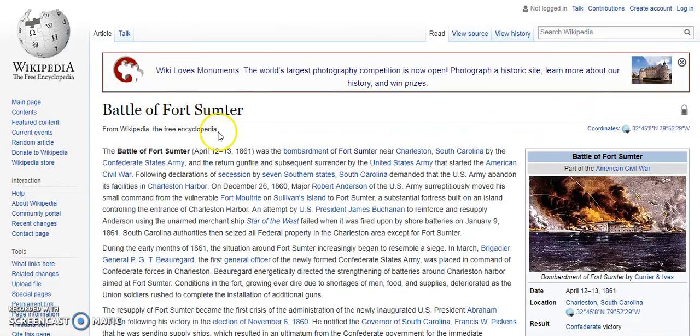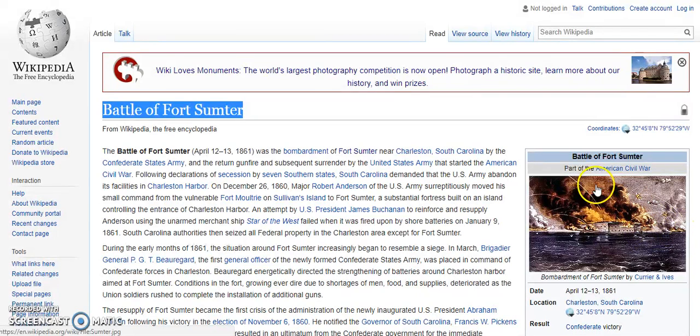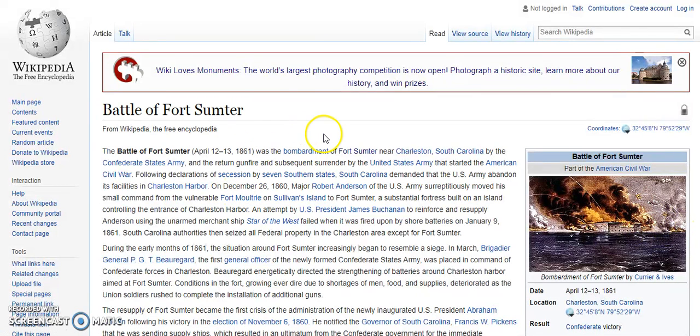First one I have is the Battle of Fort Sumter. I think this is a great topic. You're at the beginning of the war. This is the first aggression by the South, by the Confederacy, against the Union. They had already seceded, but now it was time for the battles to begin. So you could look at the conflict, how this led up to it, what caused the South to secede, what caused them to use violence in this occasion. Why was there no chance for them to compromise, to stay a part of the Union, to not leave, to make that choice to secede?